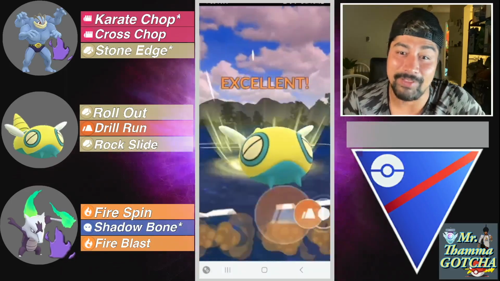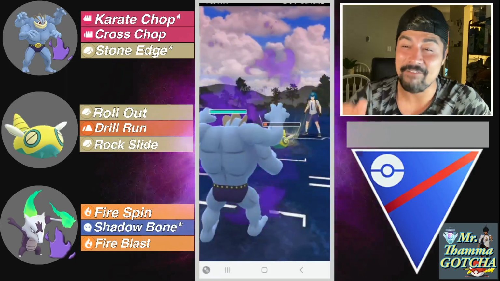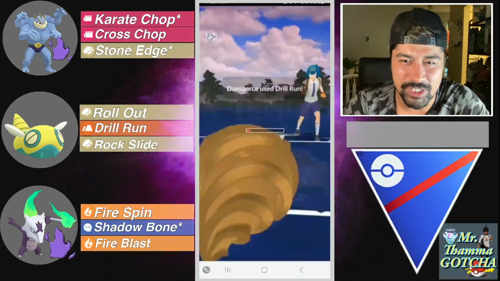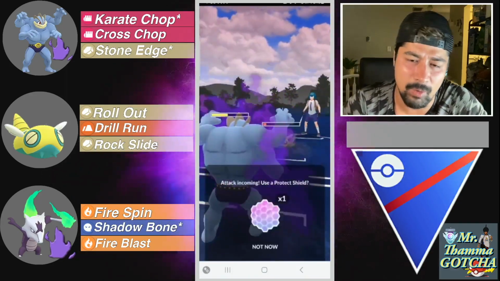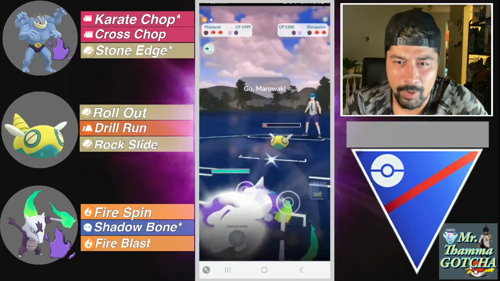And look at how low we're getting this Dunsparce. 2 Drill Runs and a Rock Slide, and this thing is deep in the yellow. If I would have thrown 3 Drill Runs, we probably would have forced a shield, and it would have been a lot better. We would have been in a lot better position, because then we could just put our Alola Marowak onto this